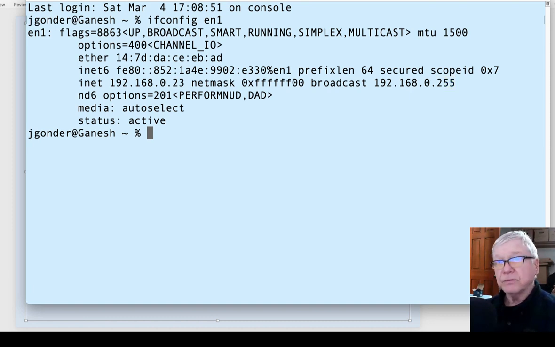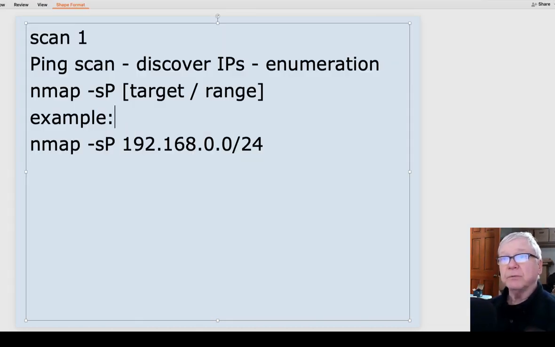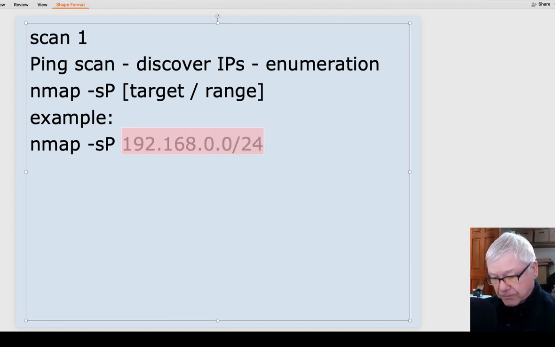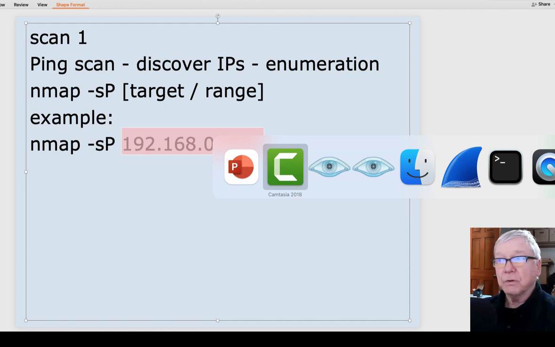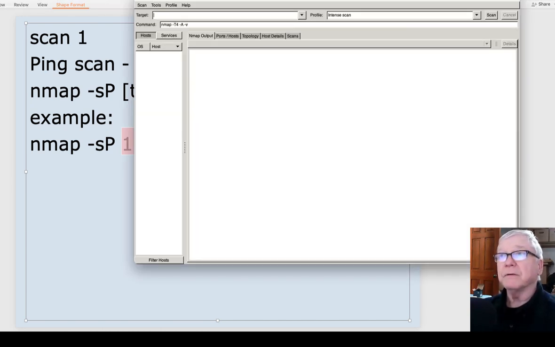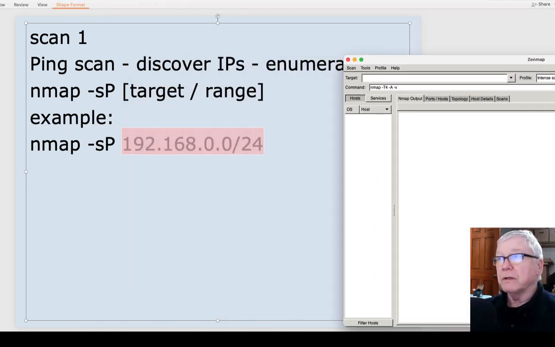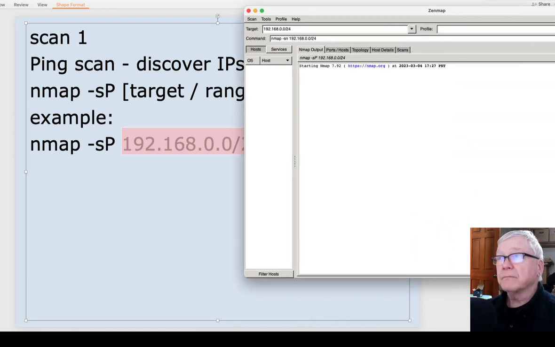So in order to scan my local network, I need to put in what my local network address range is. And so I've got ZenMap running here, and I'm going to go ahead and type in what I want here, which is I want a sP scan of 192.168.0.0/24 and go ahead and start that scan.